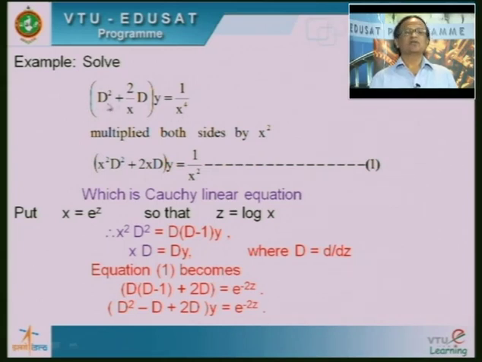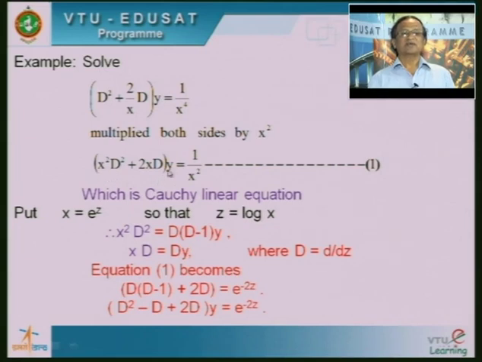Suppose we want to solve this equation, we want to convert it into a Cauchy-Euler equation, then we will try to find the solution of this equation. Okay. So, now we shall verify, can we reduce this equation into a Cauchy linear equation or not. Now, I am going to multiply both sides by x square. I hope you can obtain x square into d square plus 2 times x into d into y is equal to x square by x raised to 4, meaning I hope you will get 1 by x square, right. So, you may call it equation 1.